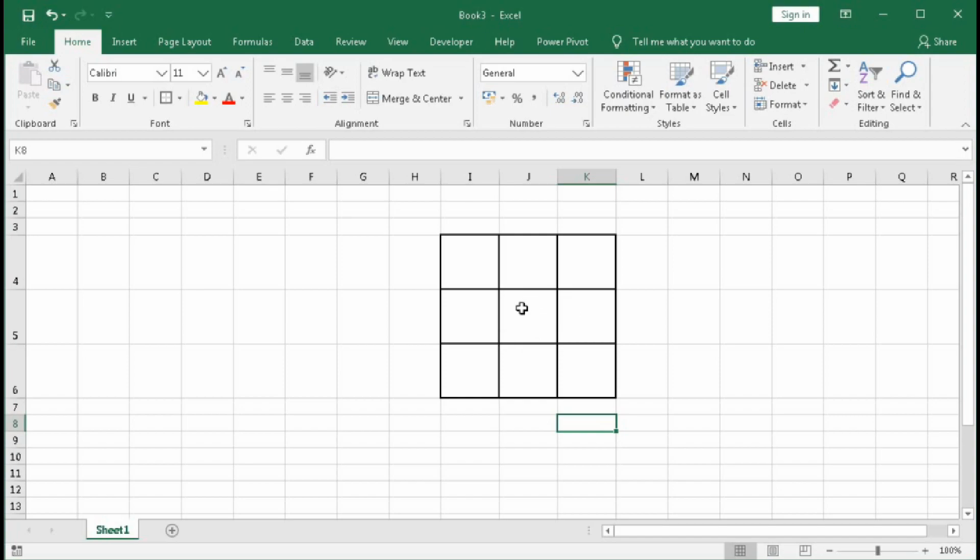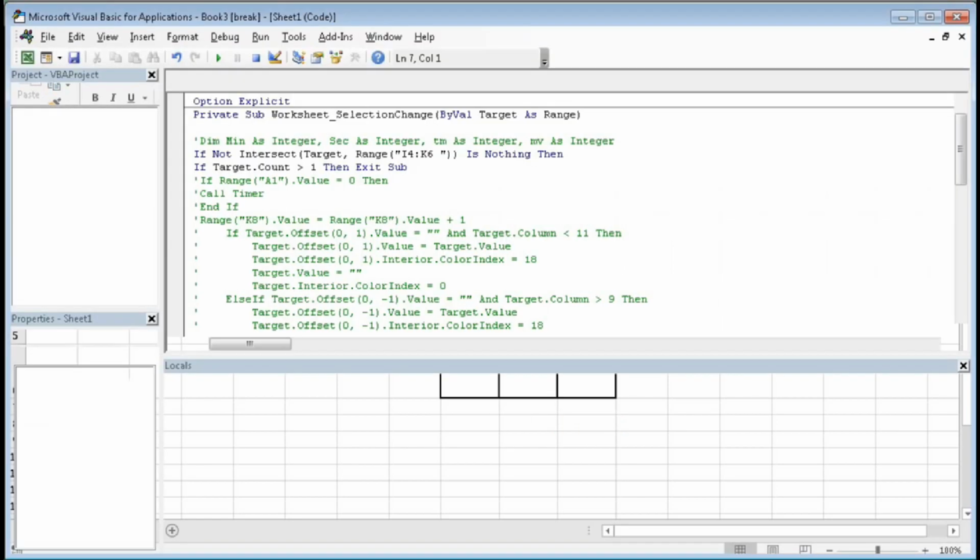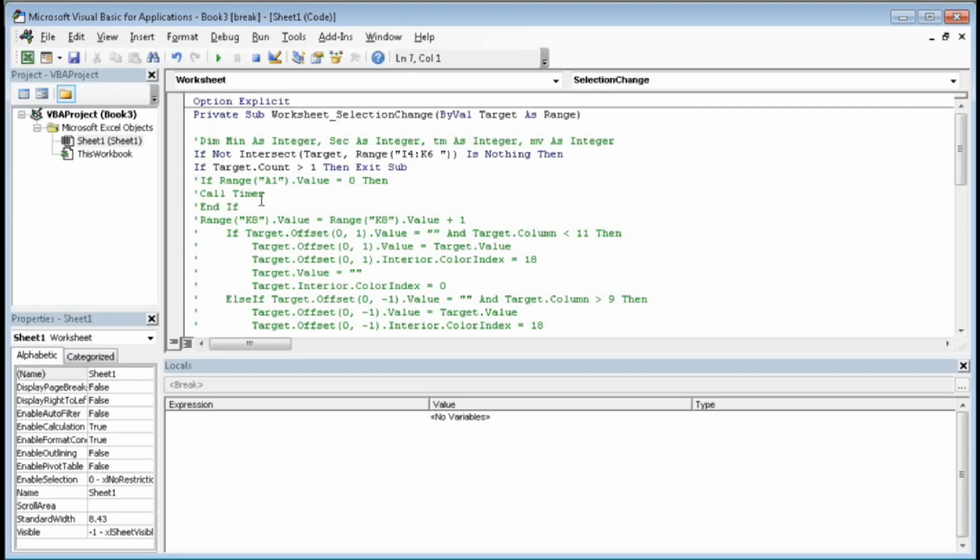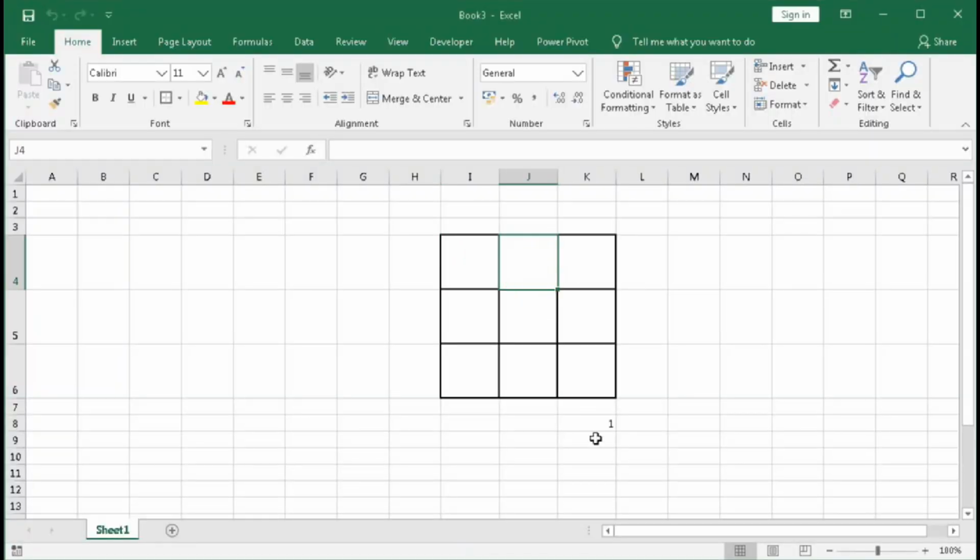That means when I click within a cell, the value of this cell will move to another cell and that will be counted here. Then remove this. Okay, let's check. Sorry, not this one, this one. So let's check. If I click here, you can see the value changes to 1, 2, 3, 4, 5. In this way, when I select a cell, the value will add 1.